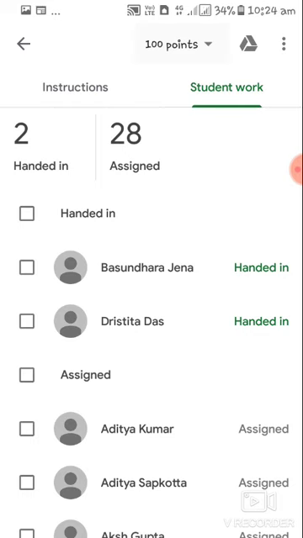So this hand in means the answer came to me. Now when I press this, the answer will be displayed to me and the marks will be given to the child. So this is the thing we have to use in the Google Classroom, where no paper work, no red pen, no blue pen will be required. Directly the student and the teacher can have access to this classroom without any paper work.